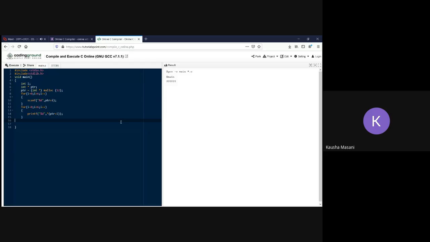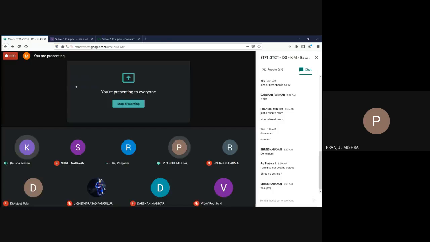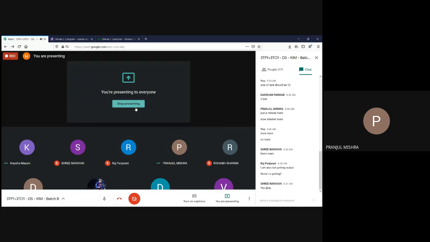I confirmed that, and Yasin has told me that in line number 7 it is PTR equal to. Okay, Shri, let me see your part. Let us see what Shri has done, because in my IDE also it is working.